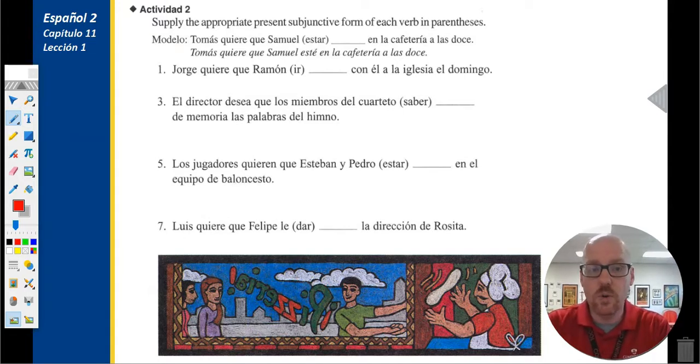So we are going to do the subjunctive form. Let's look at the modelo together. Tomás quiere que Samuel en la cafetería a las 12. Tomás wants Samuel to be in the cafeteria at 12. Now we know, based on what we just talked about with the subjunctive, that this expression of will is going to require this verb in the second clause to be in the subjunctive mood. Tomás quiere que Samuel esté en la cafetería a las 12. So this expression of volition required this verb to be in the subjunctive because it is showing will or volition